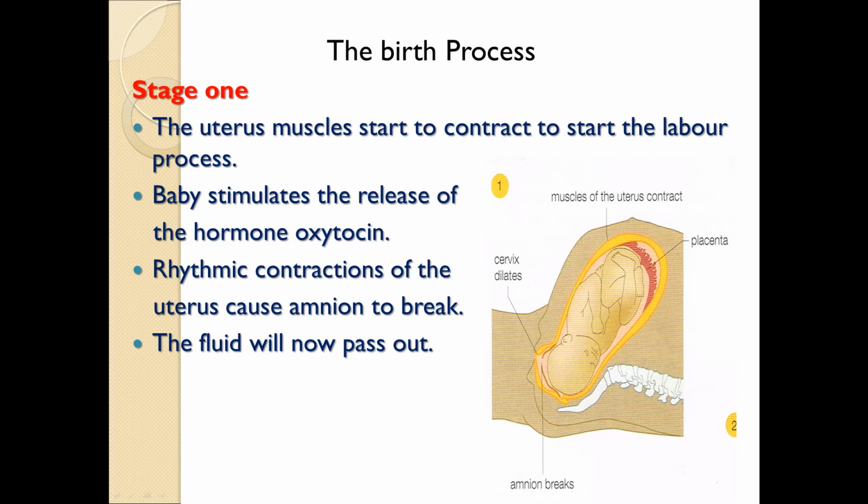Now, as for the second pointer, they're saying that the body stimulates, not the baby, I should say, the baby stimulates the release of a hormone that is known as oxytocin. Now, this hormone actually causes a rhythmic contraction of those muscles. So the rhythmic contractions of the uterus cause the amnion to break, and the amnion is actually a fluid that normally